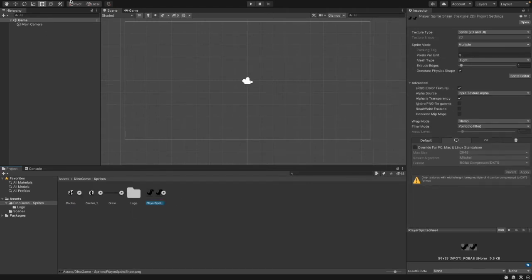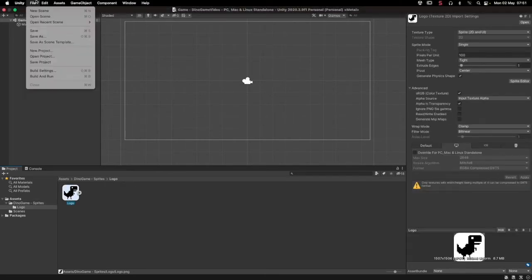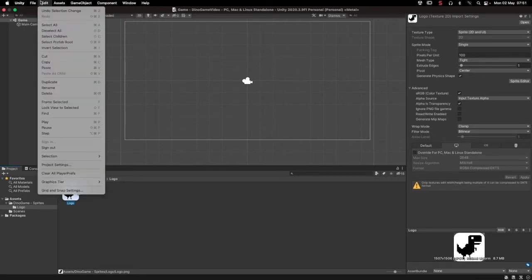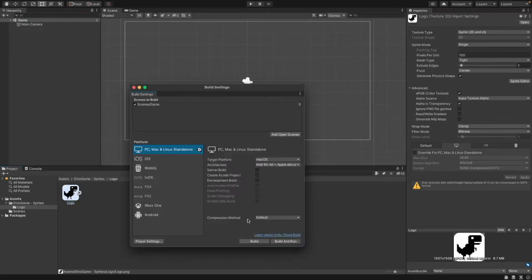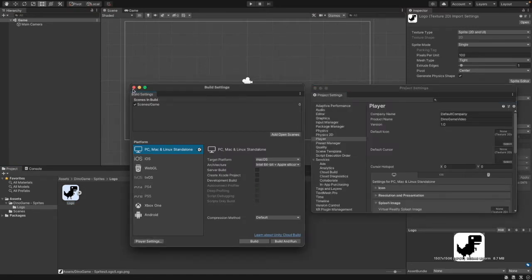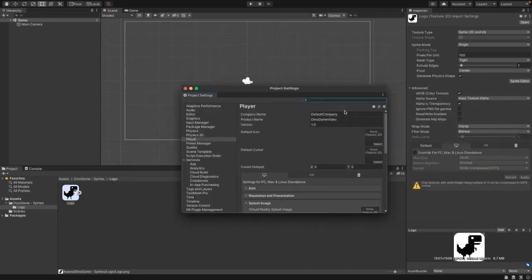So now what we can go do is we have a folder called Logo, which has a logo I made for the game. Let's go File, Build Settings, or what we can go do is Edit, Project Settings, because if we go Build Settings quick, Player Settings actually goes to Project Settings. Anyway, let's just rename stuff. You don't need to do that, but you can, and you can change the version, whatever. The default icon, I go dragging my little logo,